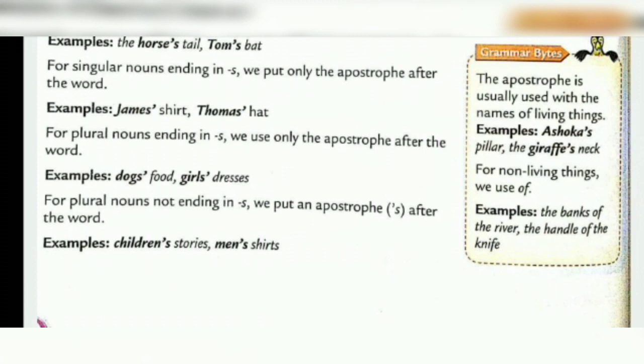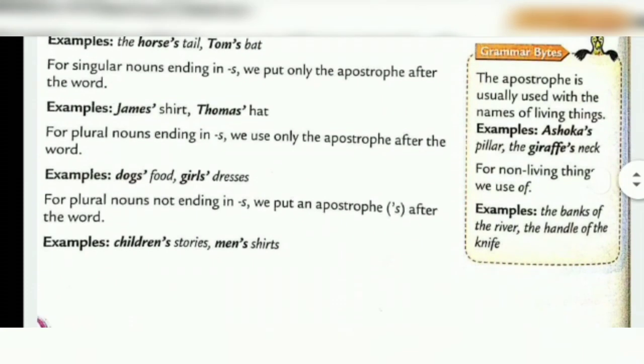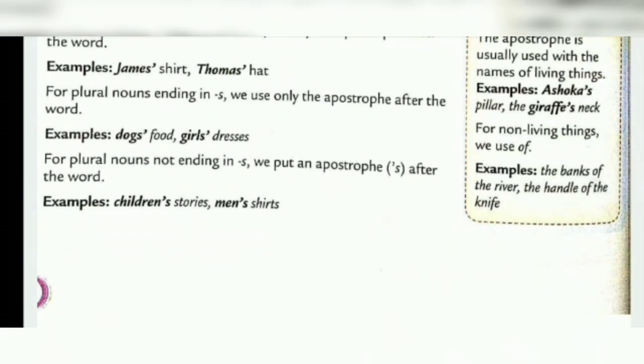Now keep in mind that the apostrophe is usually used with the names of living things. For example, Ashoka's pillar, the giraffe's neck. And for non-living things, we use of, for example, the bank of the river, the handle of the knife. So for non-living things, we use of to show ownership. And for living things, we use apostrophe s or the apostrophe mark. Right? So now it is time to